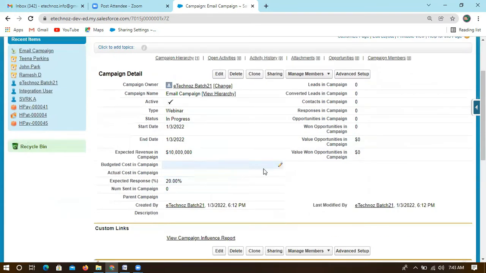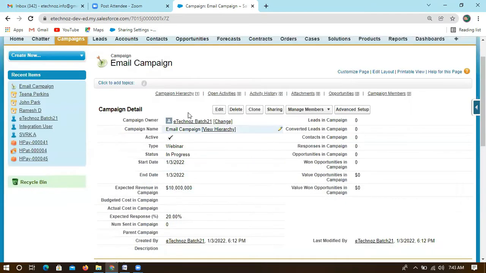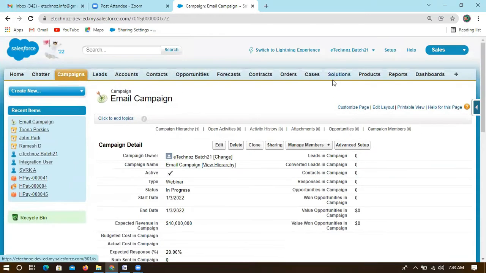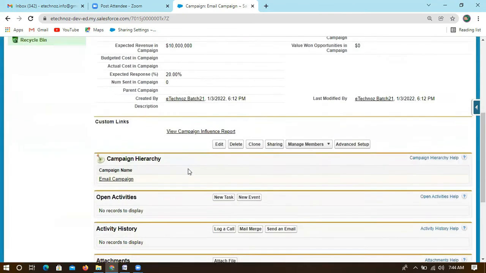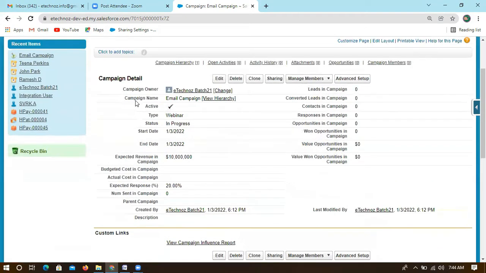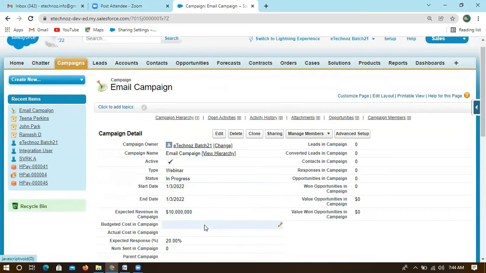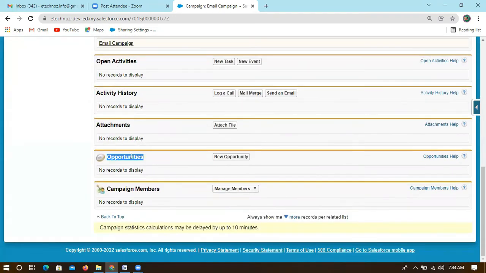For these campaigns, you just need to have an idea, go through it each by each and create some records. Anyway, you all have org details, right? You can log in and try all the records today itself. Today you have to become familiar with all these. You have to create all the data and try to understand the relation between each object. So this campaign can be connected with opportunities.